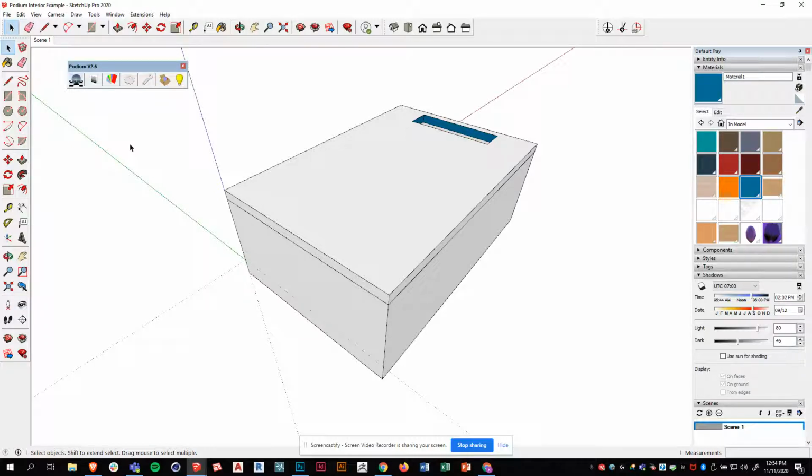One thing I do love about Podium is that it lives in SketchUp, meaning I don't have to leave SketchUp or export my model and go to a different program and mess around with that. That's fine and all, but this is nice too. Let me just close my window there. Okay, so